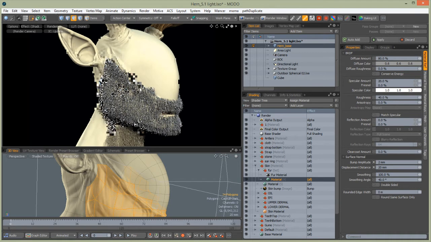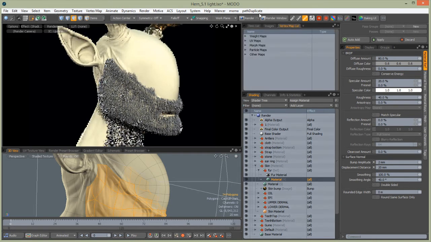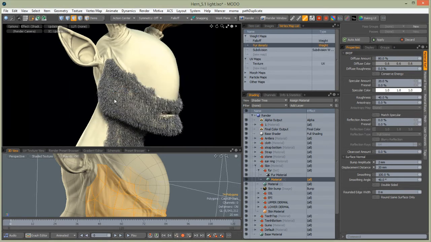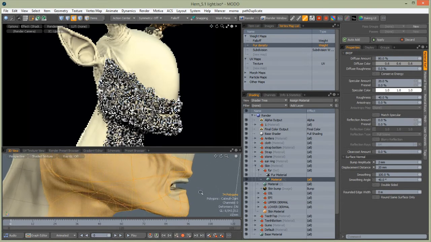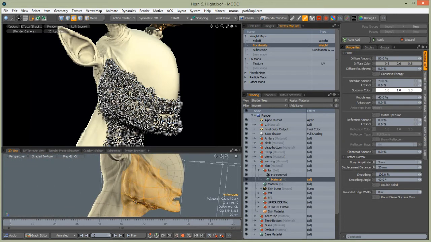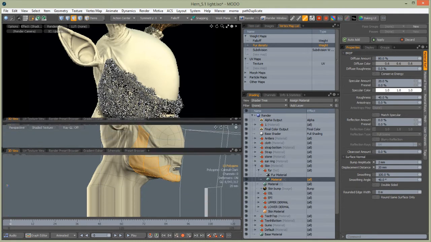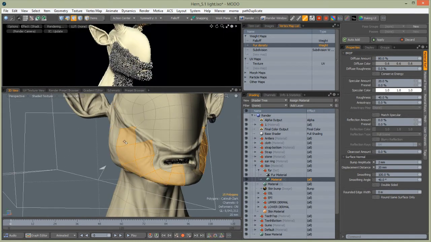we can go for weight maps and create fur density weight map. This way it will modulate how close together are individual fibers. So this will give you opportunity to create many different furs for hair, for legs, for arms. So now select all those polygons with the symmetry turned on. As you can see,